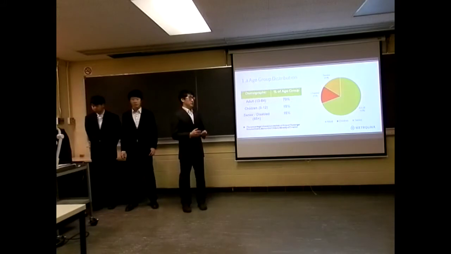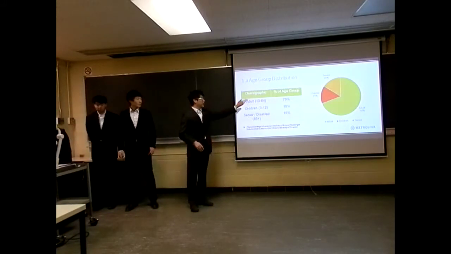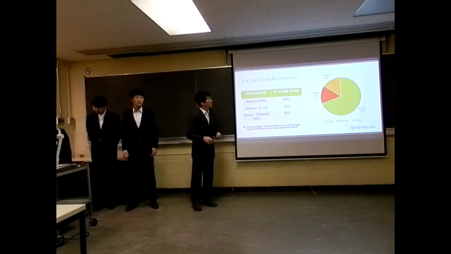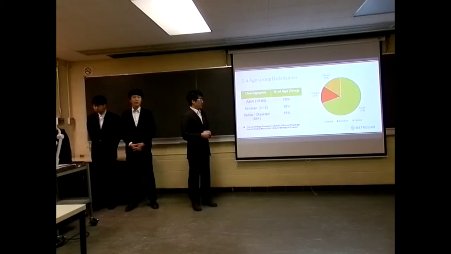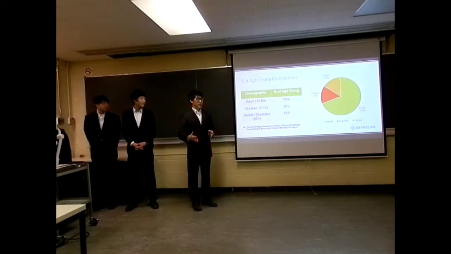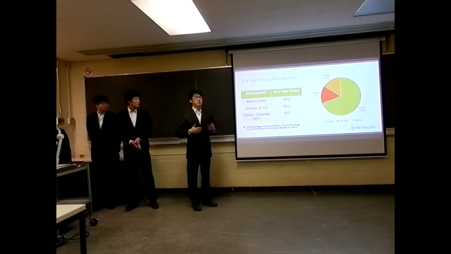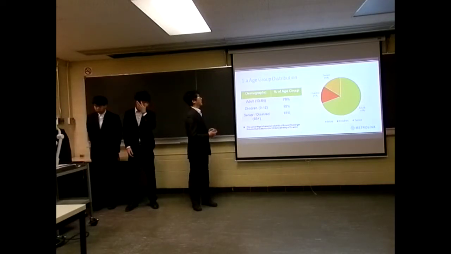Next, please. In terms of the age groups, as you can see, this pie chart shows us how the ridership is distributed based on the different ages, and there are 15% from children and another 15% from seniors, and the rest of 70% is from adults. So this is not like price discrimination that aims to maximize the profit. Under this pricing strategy, we're able to specialize our price in order to better serve the public and make our ticket price more reasonable and more logical.